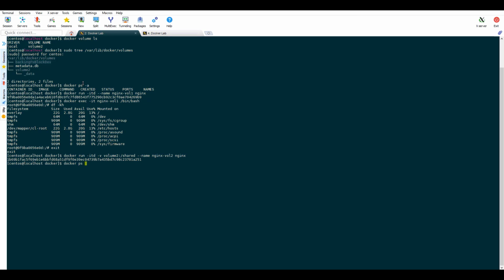Here we can see that there are two containers up and running. Now we get into the container shell and try to find out if our volume is correctly mounted or not.